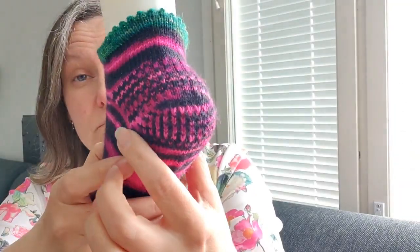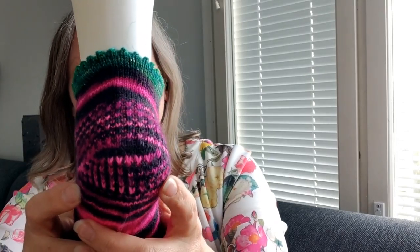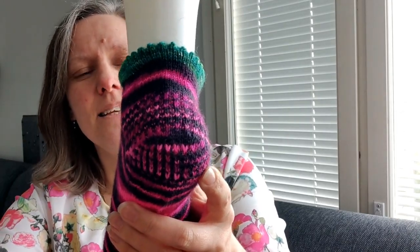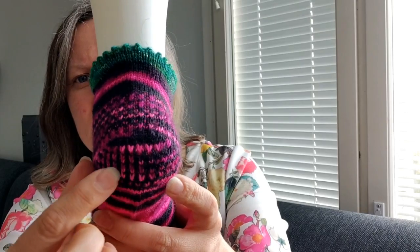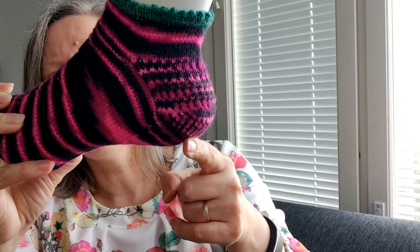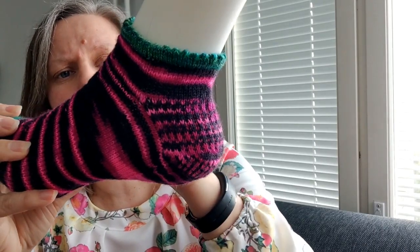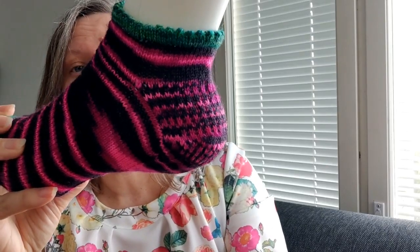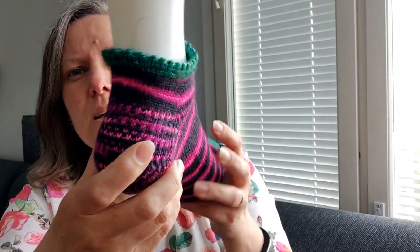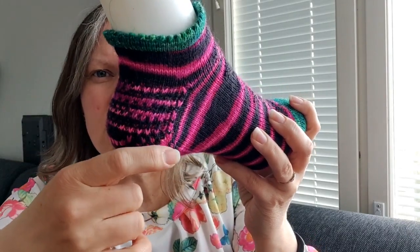But the length of the foot, or the point where I started doing the increases, is from Minna Sorvali's pattern, and this was in the pattern. I don't know if it was intentional, but since I don't do toe-up socks too much, I just did it as in the pattern. But she had these slip stitches also like under the heel a little bit. I don't know if it was intentional. I think next time I'll just do plain stockinette here, like most of the time I do when I'm doing cuff down. But yeah,